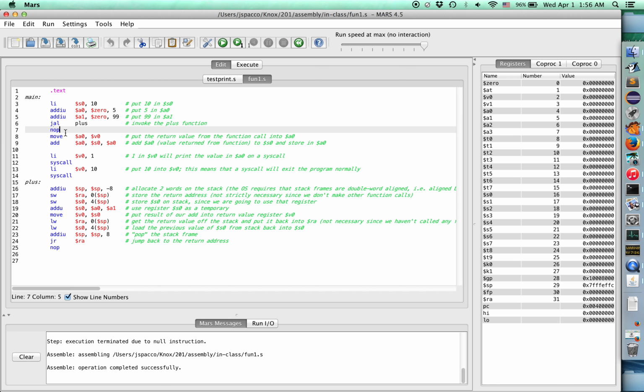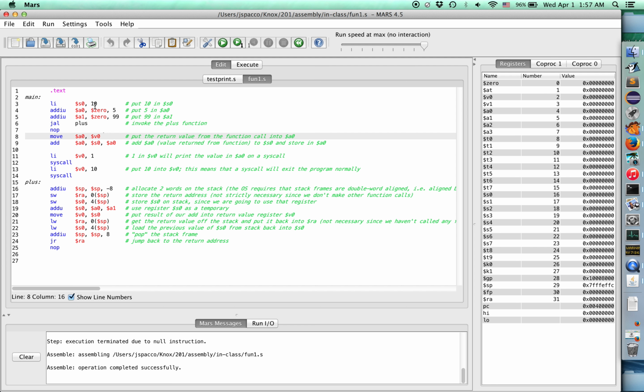It's going to store the address of this instruction in the return address register so that when this function returns to the value in the return address register, it'll actually return to here, and that's where the code will continue running. We're moving the return value V0: after we call this function, it returns its value by sticking it in register V0. We're putting that into A0. We're adding the return value of this function to